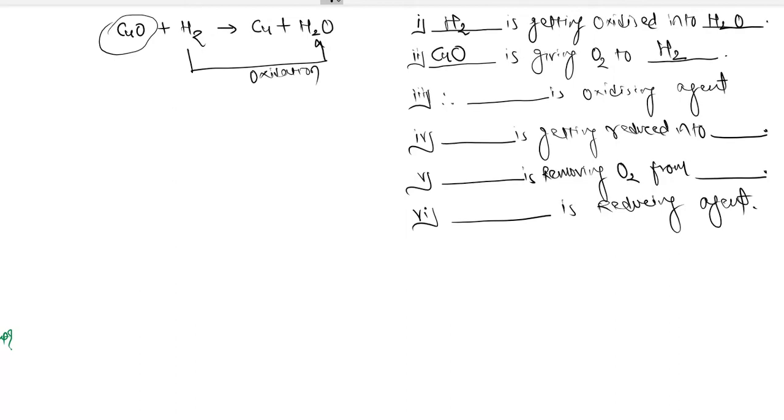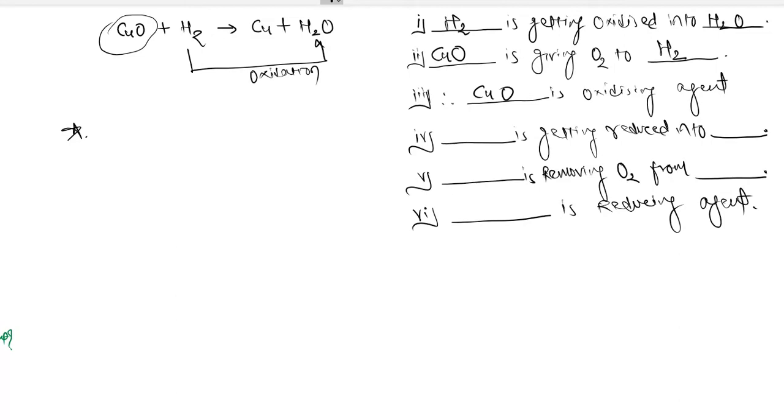What is an oxidizing agent? Remember the definition: the substance which provides, donates, or adds oxygen is the oxidizing agent. Here, who is adding oxygen into hydrogen? Copper oxide. So who is the oxidizing agent? Copper oxide. Right? So we'll draw a very important conclusion just after three more fill in the blanks, because I don't want to take out the suspense right now.